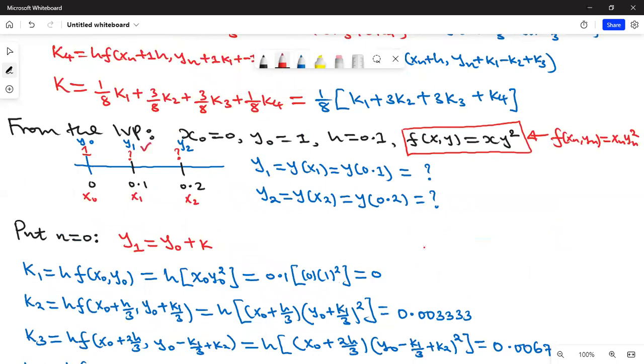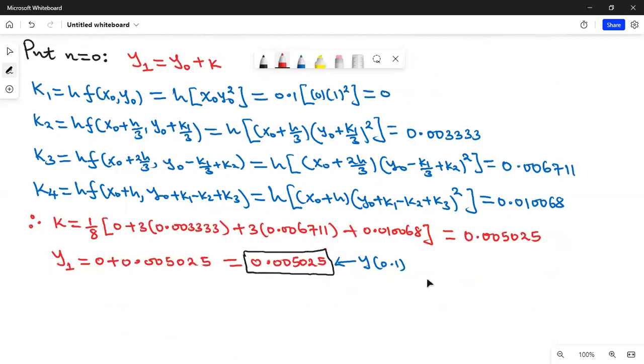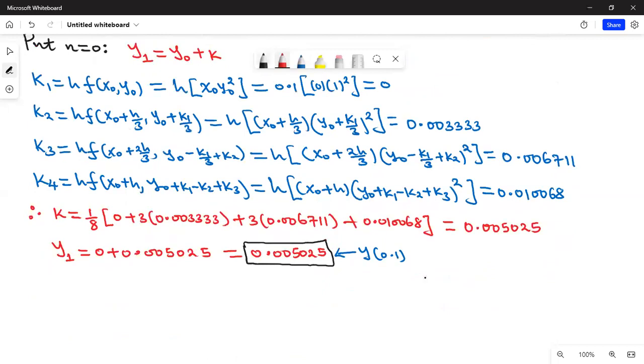Let's now find y2. So we go to the next iteration now when n is equals to 1. That will help us find y2. So I found this one. Another iteration, we put n is equals to 1. So what are we going to get? It will be y2 is equals to